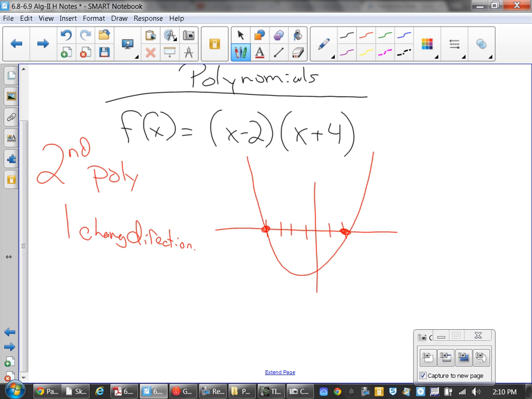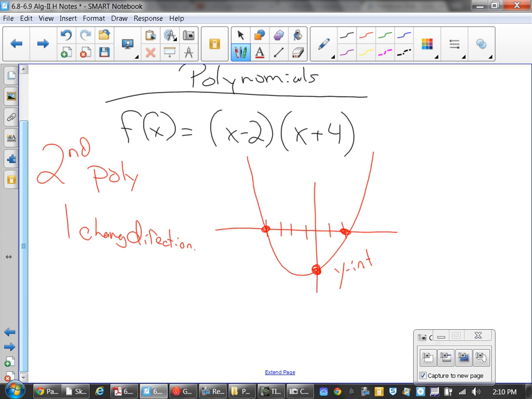Now, one of the things that you're able to do here for certain is that you can easily find your y-intercepts. What will always be your value of x at your y-intercept? 0. So if I know my y-intercept is going to occur here,